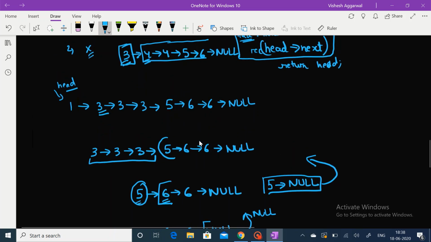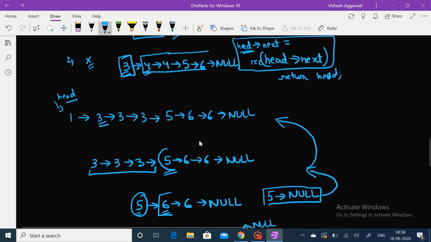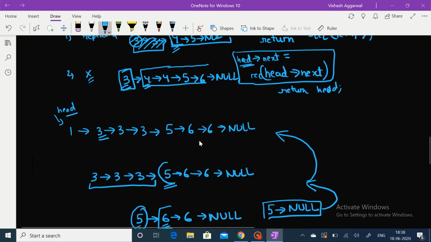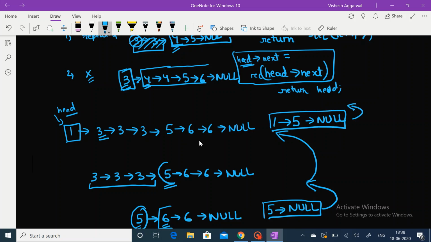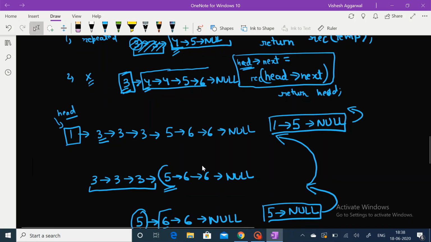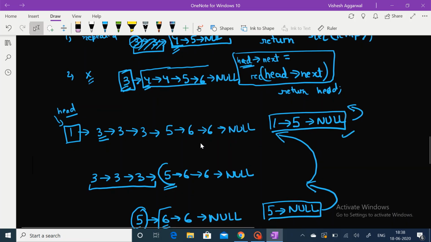Here, as we see, we have to return only this as the answer because the head value is repeated. So from here, the same linked list is returned to the previous function. Here we see that the head value is different, so we will attach the new linked list to the next value of the head and we will return this linked list back. And the answer we get finally is this.